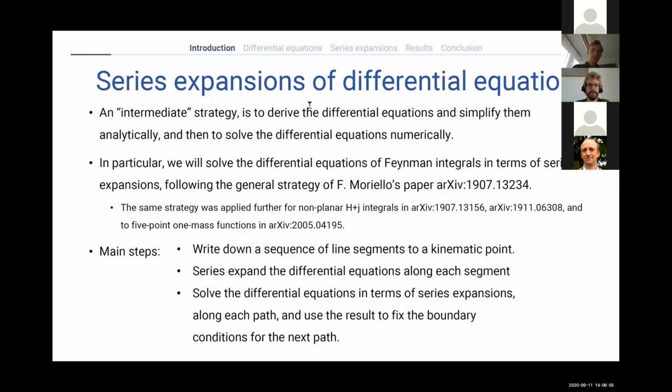So an intermediate strategy is to use the method of differential equations. You derive differential equations for Feynman integrals, but now instead of going fully analytic, you say, I'm satisfied with the differential equations and I'm going to solve them numerically. In particular, one way to do this is by iteratively doing series expansions of the differential equations and finding series solutions. So the general strategy that we'll be following comes from a paper from Francesco,